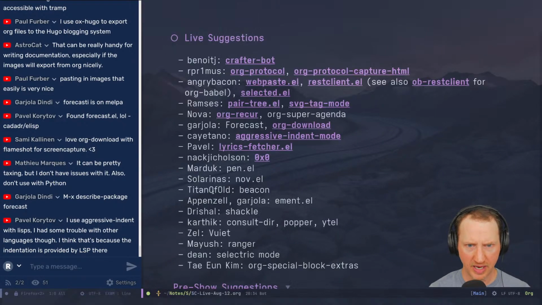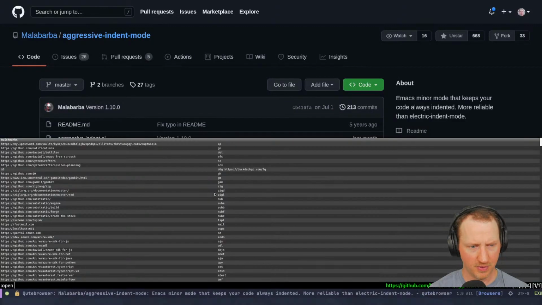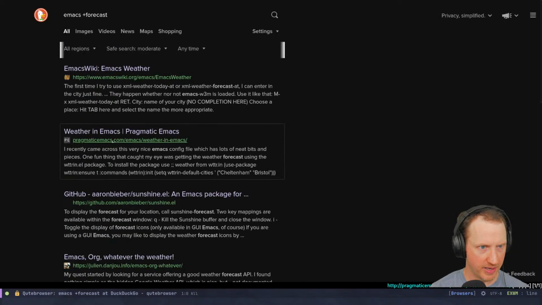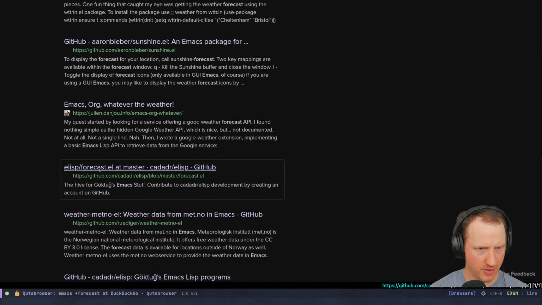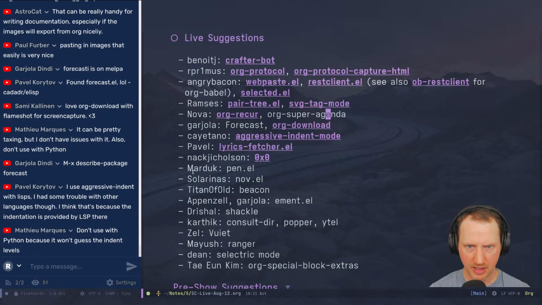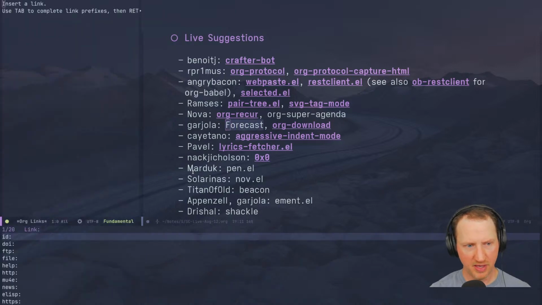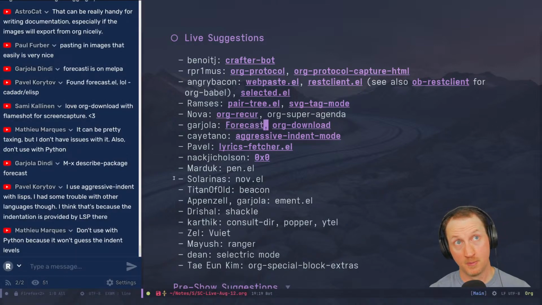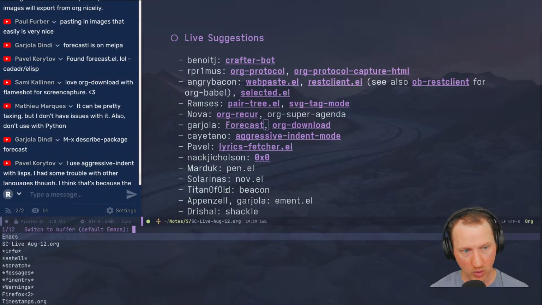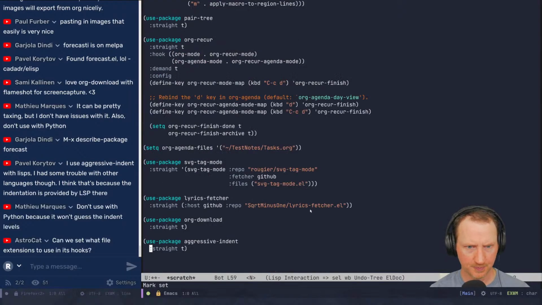And now we can go back and look at forecast really quickly because maybe people would be interested in that package. I'm just gonna search Emacs forecast. If I can copy that repo path. There it is. So I'll just put a link directly in. Now on MELPA, I think that whenever a package repo gets archived, they automatically start taking the package out of the repo. So it might not show up a few days after you see this, depending on what happens. But we'll try it anyway and see what happens.